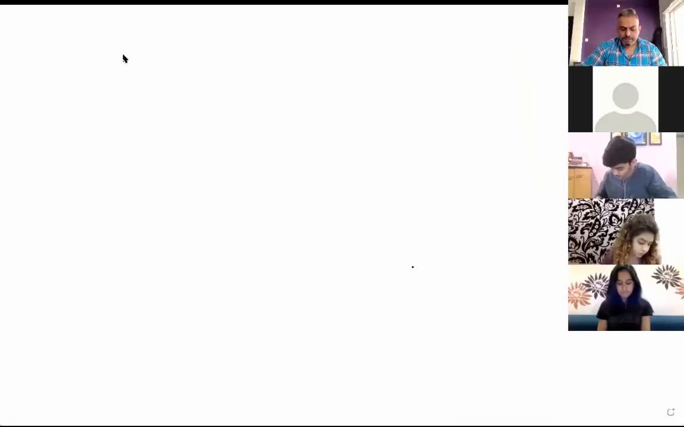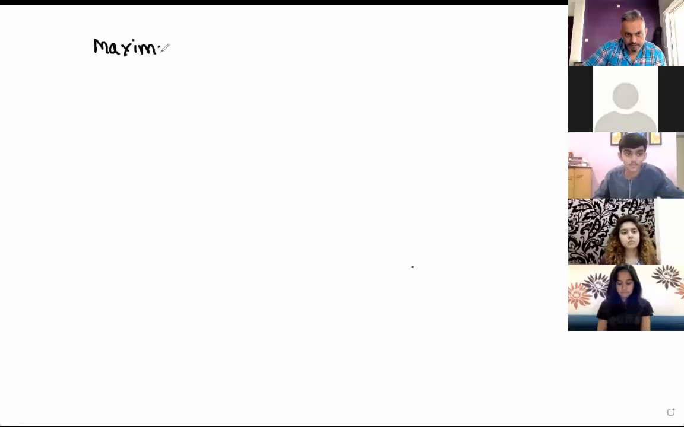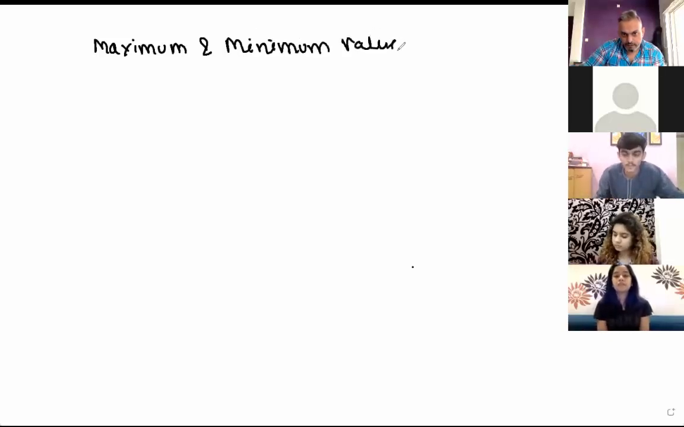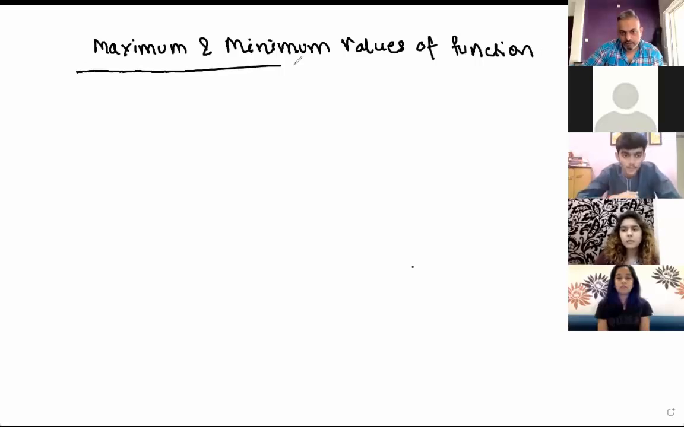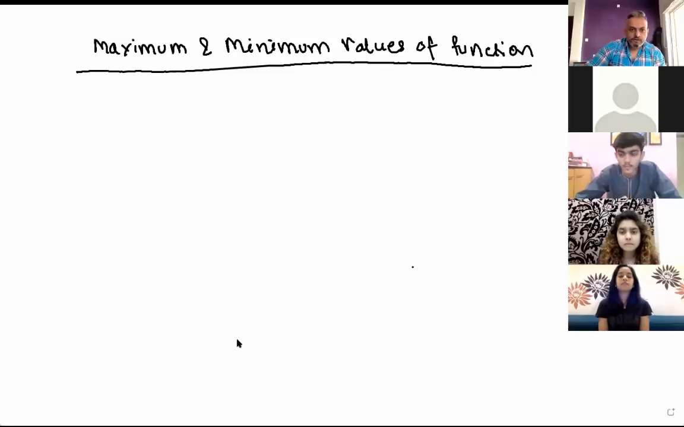Okay, so we will be studying today maximum and minimum values of function, and this is a really important part of the chapter. Now let's write the method